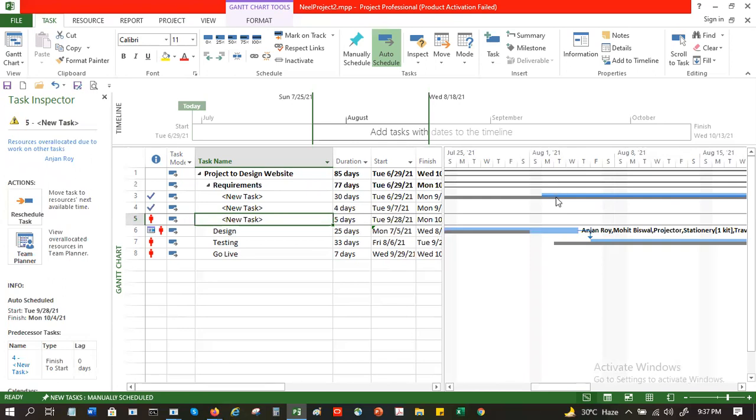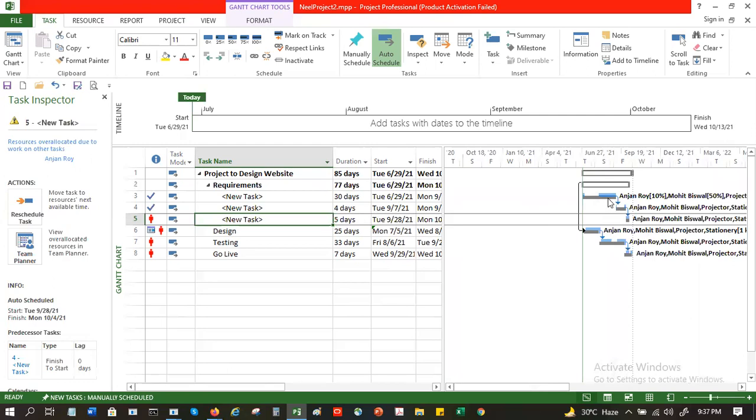There's a lighter blue and a deeper blue. What does the tick mark show? It shows progress. Progress means out of that entire 100%, how much of it has been completed. If you look at the thick line, it shows the progress is 100% complete. Whereas this line is not yet complete, so there is no progress there.